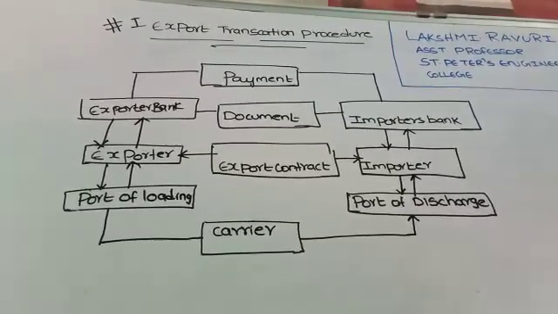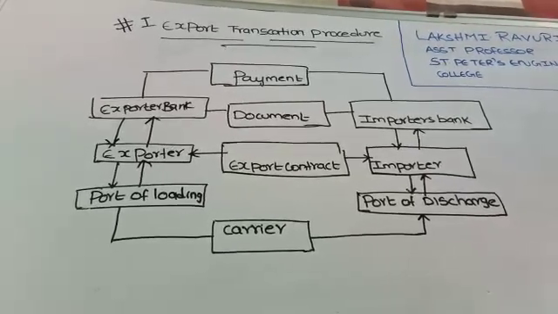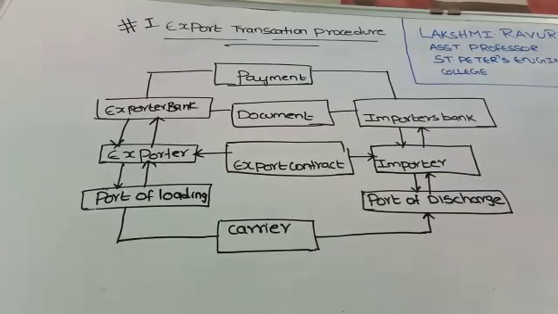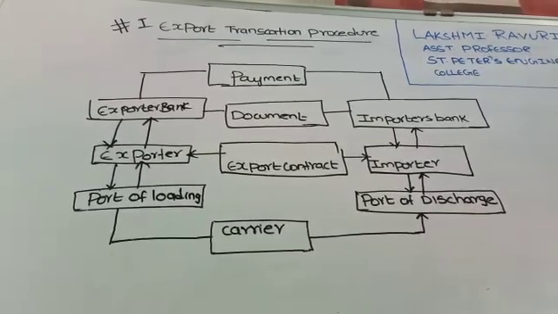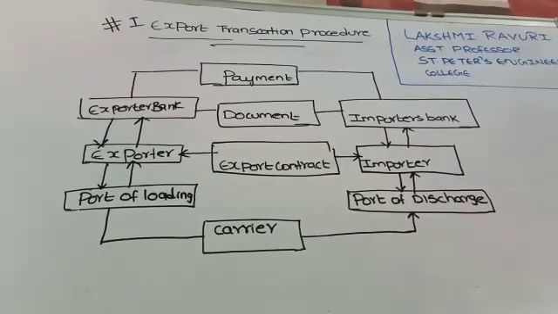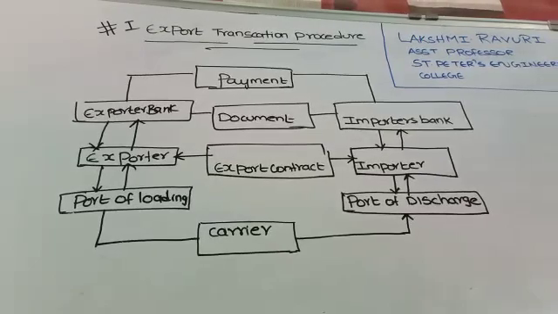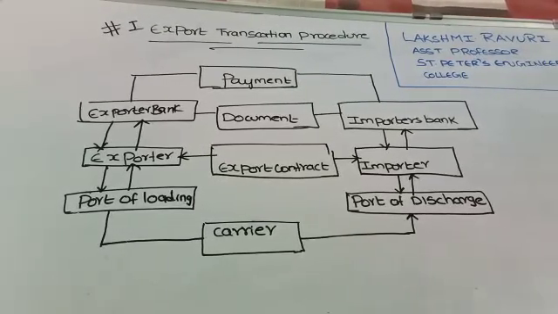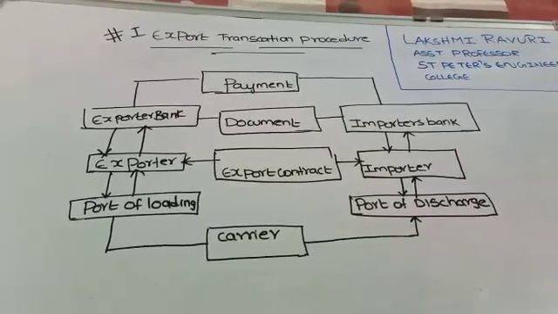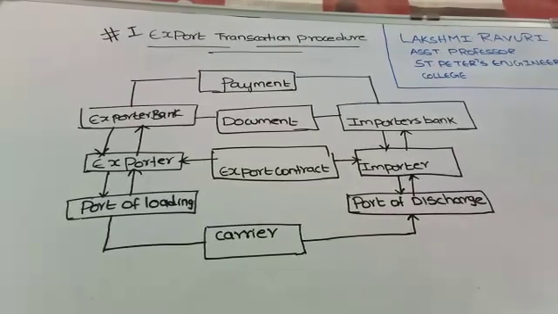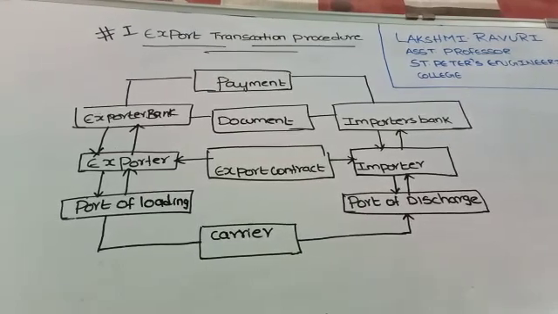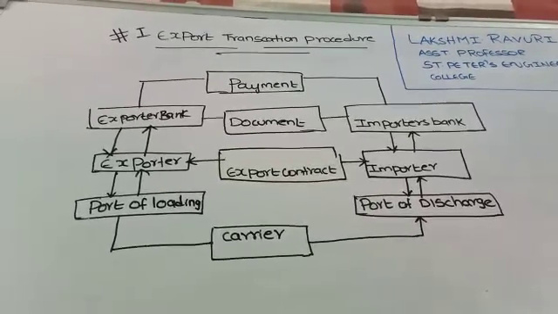The topic is export transaction procedure. So let us know first what an export transaction procedure is. If you are framing a procedure to determine the documents required for transactions, whether it is a commercial document, invoice documents or packing list, transport documents or import documents, which include bills, declaration forms and entry forms, we call it an export transaction procedure.